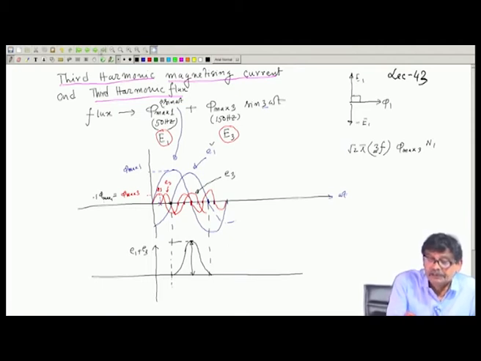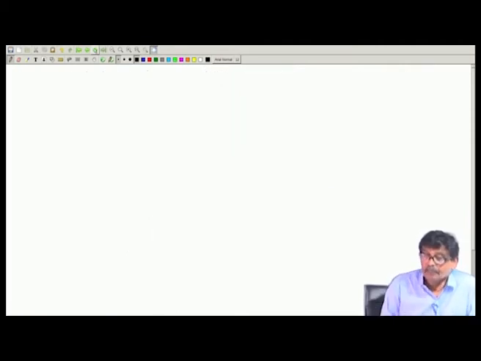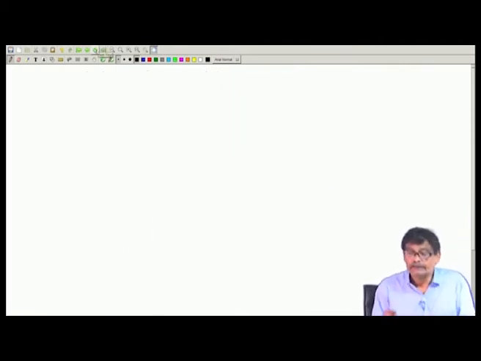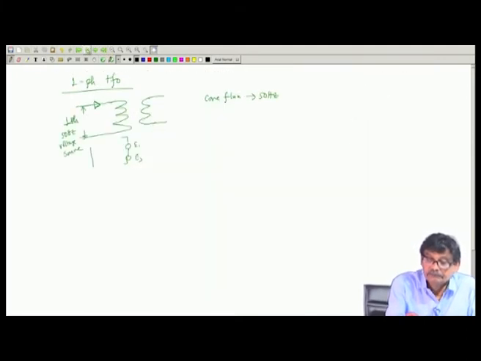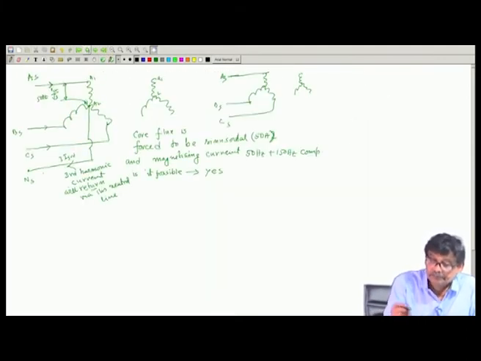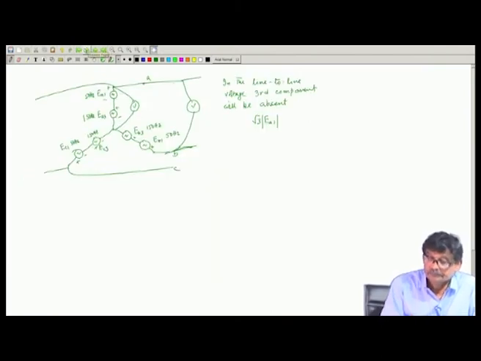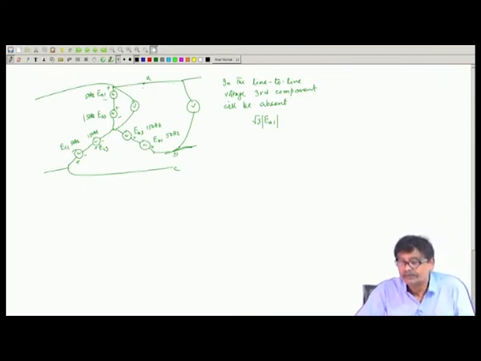So, this is the thing. Now, what I will tell, we have discussed star-star connection. Then in star-star without neutral connection that we did last time, this was the situation. Across phases voltages comes, across lines no 150 hertz component,